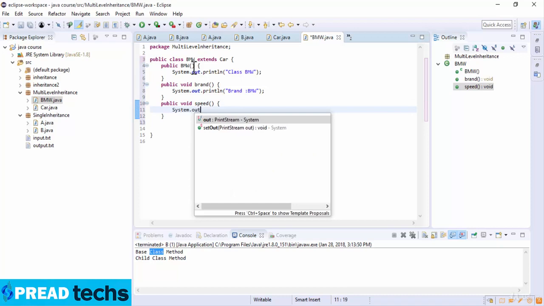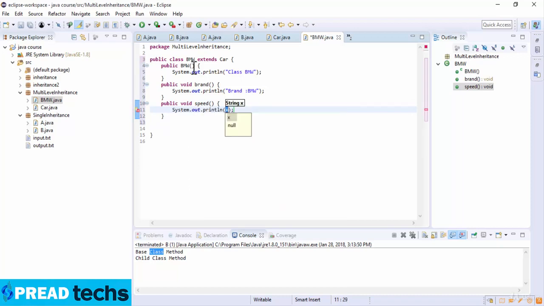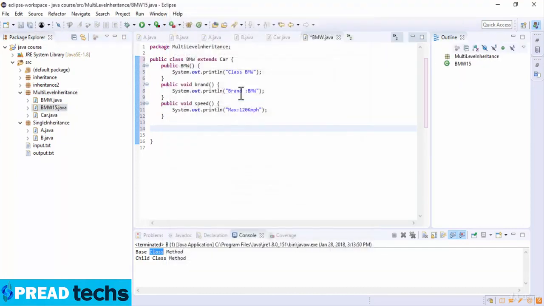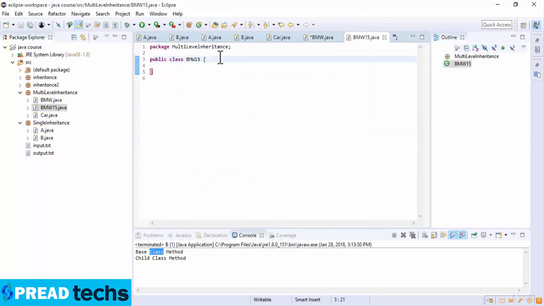Now System.out.println, and the println here is "maximum 120 kilometer per hour". Okay, and after that I just go to another class. So here I write class, and the class here is BMW15. Okay, and then here I write BMW15